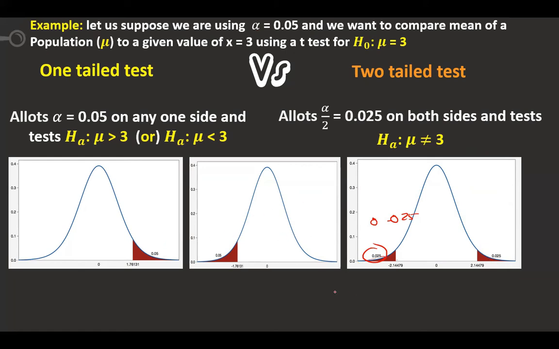Keep it in mind, whenever it is a one-tailed test, 0.05 should be found from the table. When it is a two-tailed test, then 0.025, under 0.05, that value should be selected. That is the important thing you have to remember. So before we do the sum, we should find out whether we are doing a one-tailed test or a two-tailed test. Okay, we'll quickly move on to the next one.